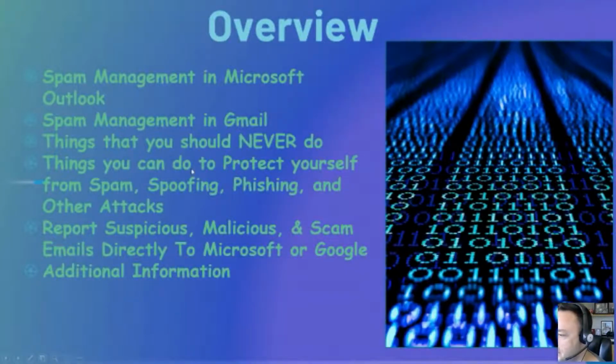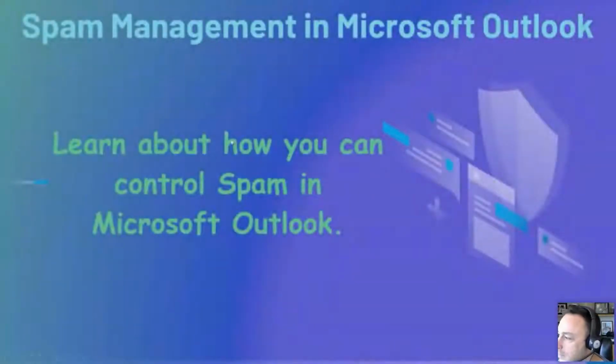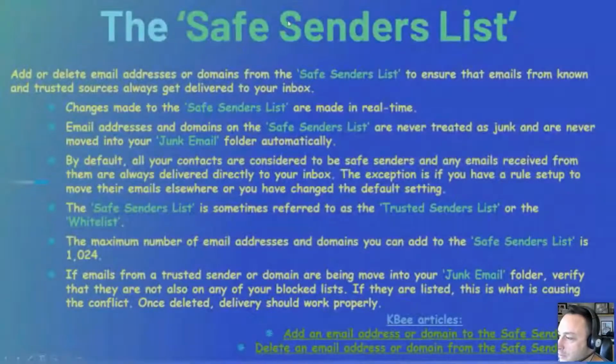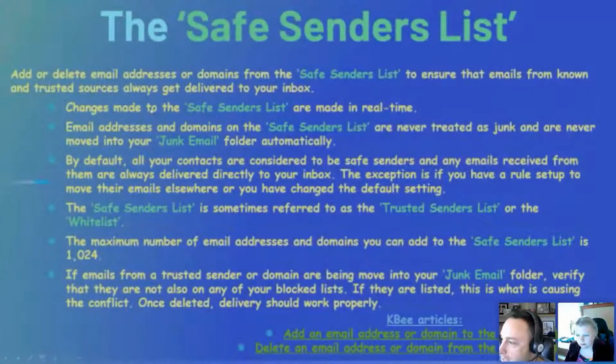We'll just go ahead and start out with the safe senders list. So Outlook has what's called a safe senders list. A safe senders list is pretty much the way you could make sure that Outlook doesn't mark an email as junk. So if you've ever had the issue where someone you work with or a friend is sending you an email and it doesn't come into the inbox and it just goes straight to junk,